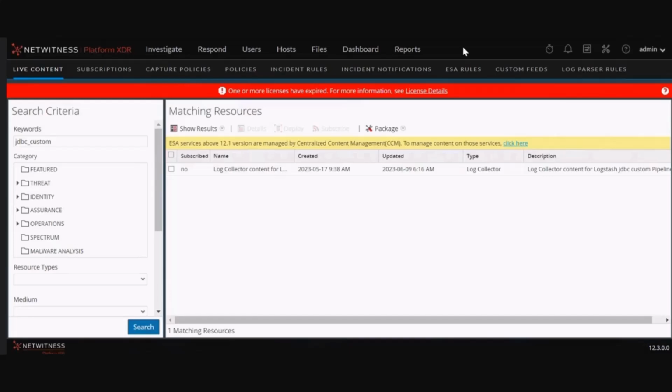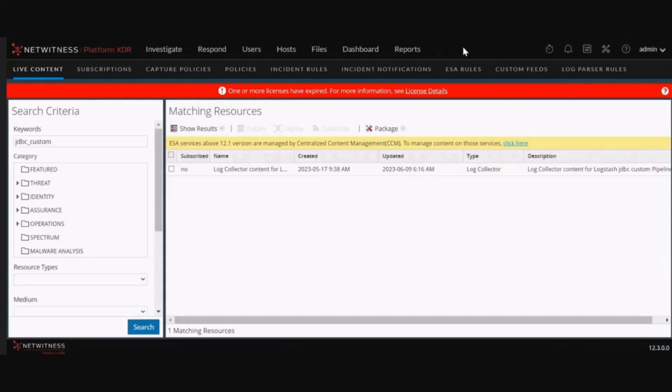They can also deploy the log device content, basically parsers, based on the event source configured. They can deploy Oracle, IBM DB2, or MySQL. If the configured event sources are different from those listed, customers must obtain their own parser and place it in the required location. A few of the advantages of using JDBC custom pipelines are: